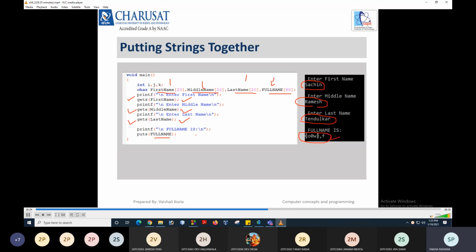We have taken the input, we have printed the output variable, that is all okay, but the logic is missing. So without logic there is no meaning of displaying the output. So at this point, we have to write our logic so that full name will give you the correct output. So what can be the logic for this kind of program?